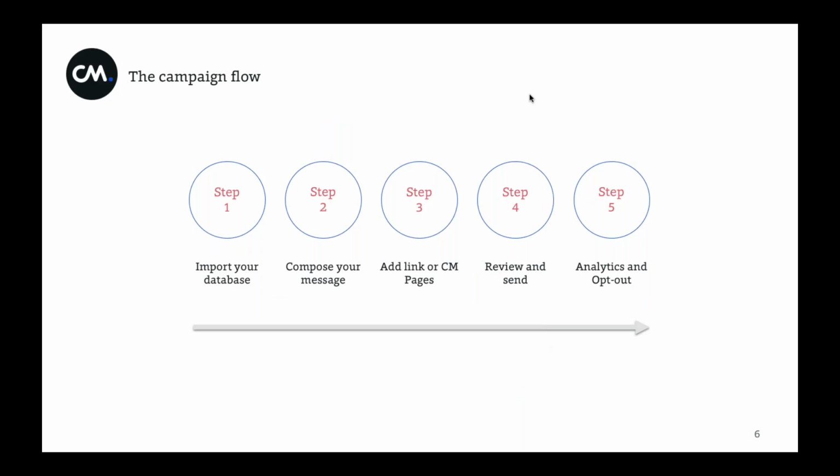One more slide, and then we go through the product demo. I want to highlight how simple it is to start and send out a campaign with a page on the CM platform. Basically, everything can be done in 5 steps. The first one is to import your SMS database into the CM platform. Then create your message together with the page, select the page you want to send out, send your campaign, and see the analytics. So sending a page can be done in just 5 minutes, literally. And hopefully we'll have time to